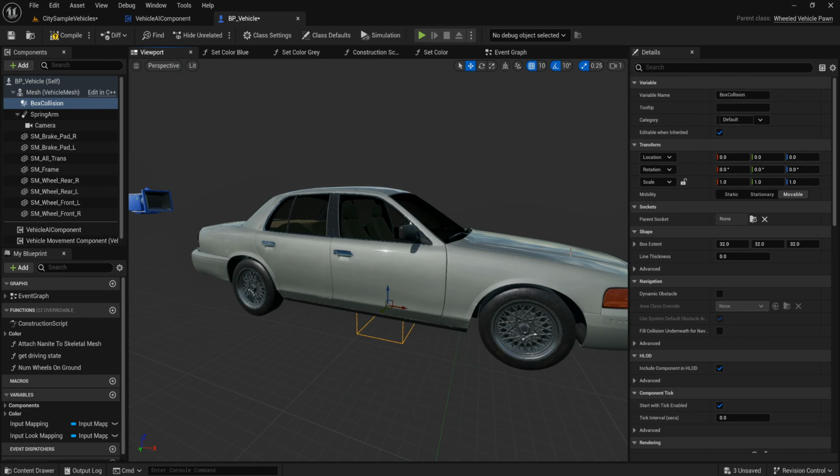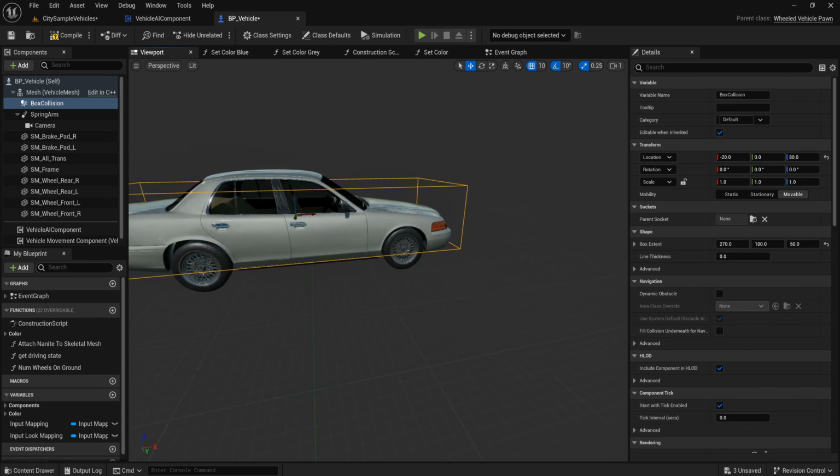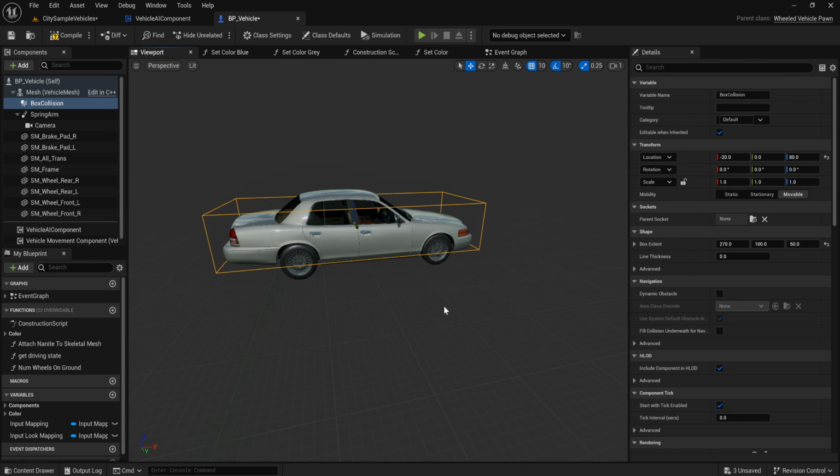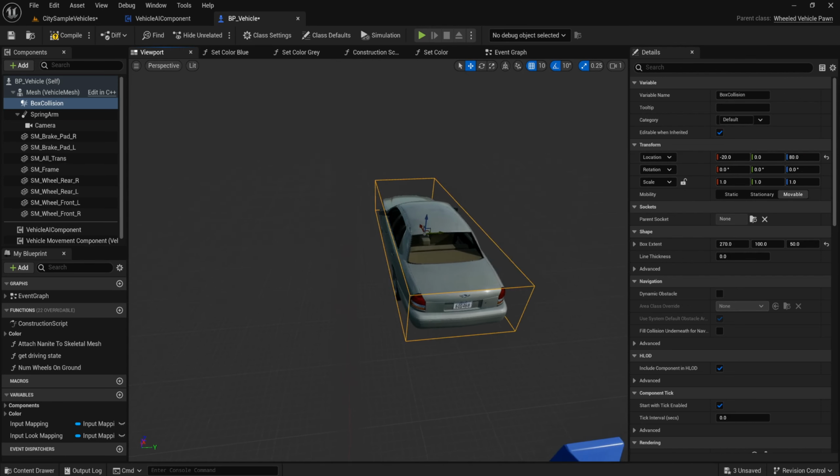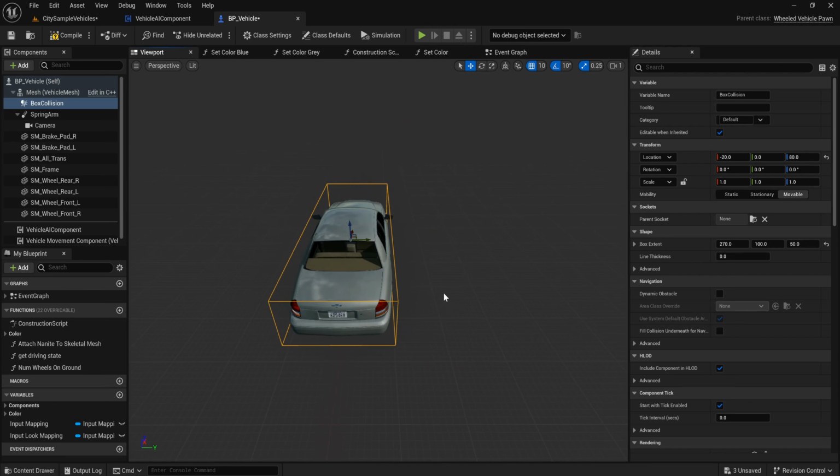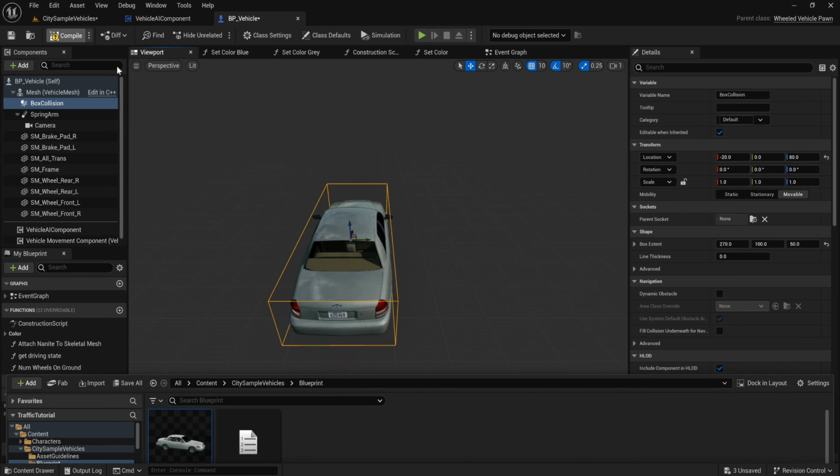And this box extent, we change this to 220, 100, and Z is 50. The height is 80 minus 20. We adjust it to the shape, the size of this vehicle. Can compile